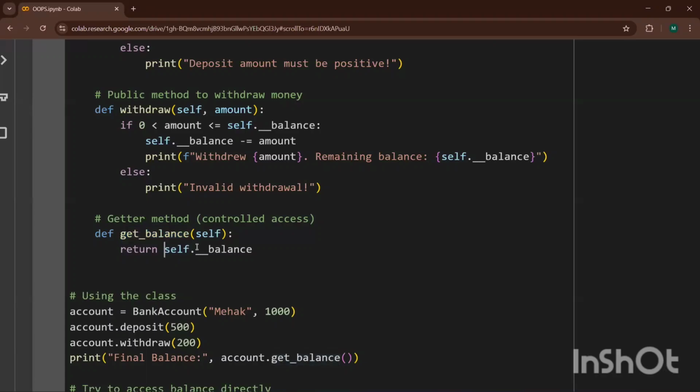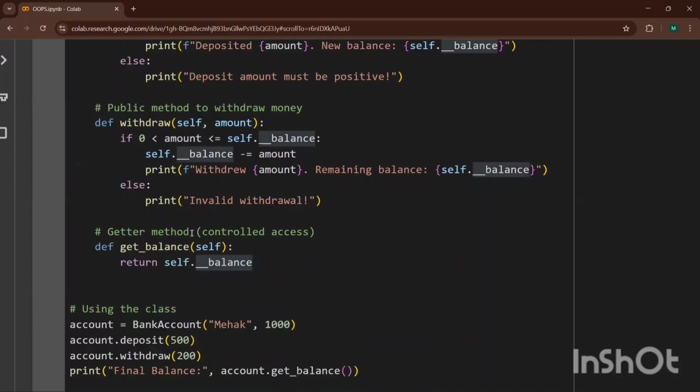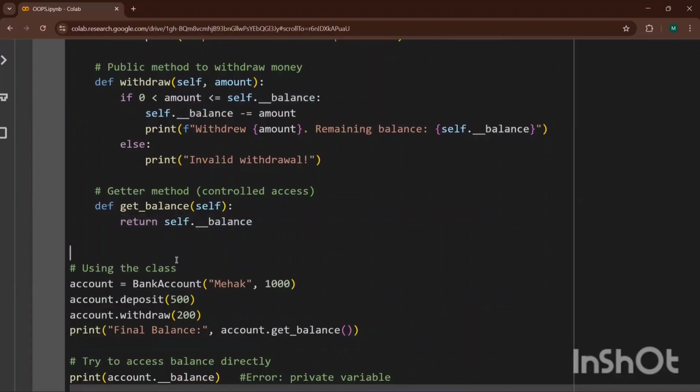I'm just returning self dot my private attribute which I have created, balance, which is now updated, and I will get the final balance after withdrawal and after addition. Okay, Saswat?